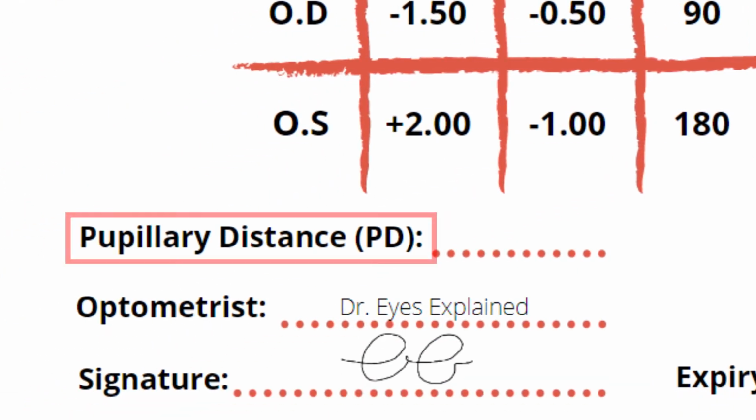PD means pupillary distance, and that is the measurement of the distance between the center of your pupils, which is the black part of your eyes. It is required when making up your glasses to ensure the lenses are actually centered on the frame where your eyes are located. And this might not be included in your prescription, as it might be measured once you have actually selected your frames. And your glasses prescription is not the same as your contact lens prescription.